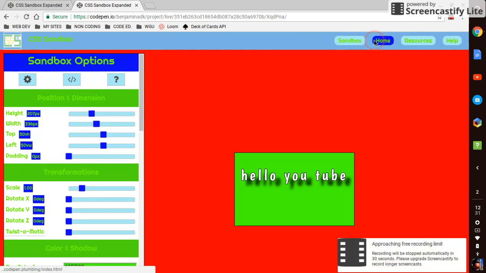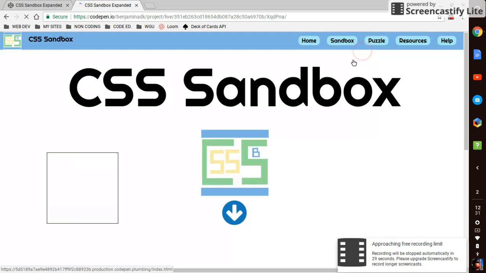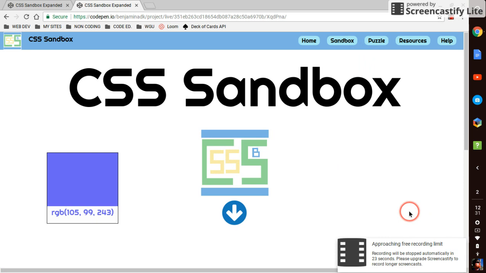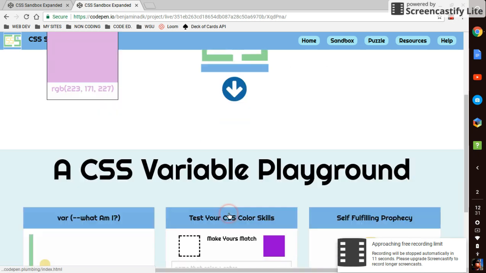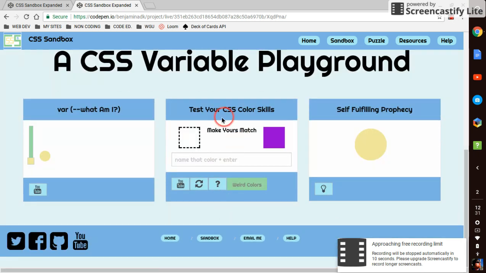So that's pretty much it. That's pretty much what CSS Sandbox is going to do. You can go in there and play around with some basic stuff. Maybe learn a thing or two about CSS properties. Hopefully, that's my goal in making this site. And at the very least, watch some of these videos, and I'll teach you a little bit about how to use CSS variables with your JavaScript to create cool little things like this game. All right,